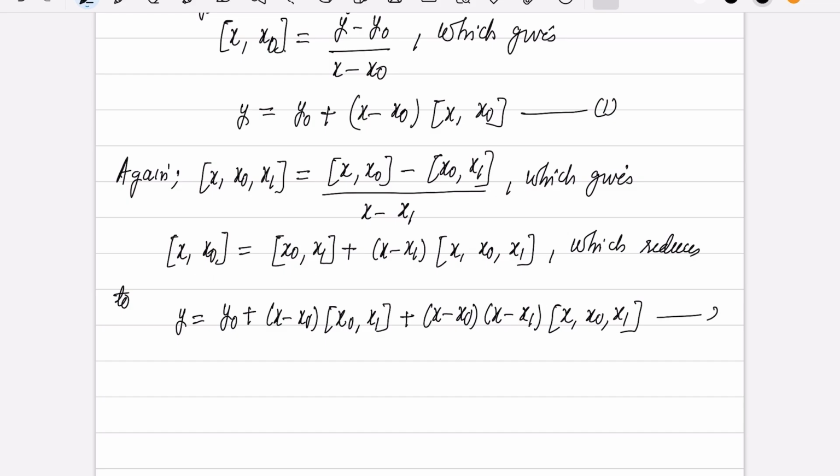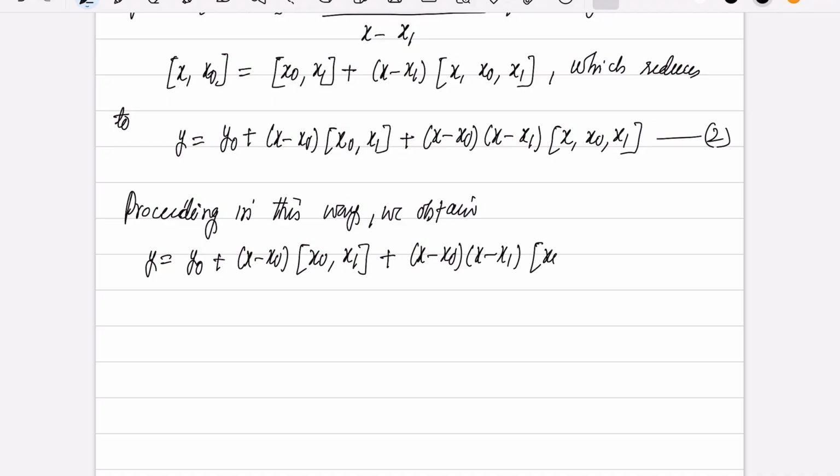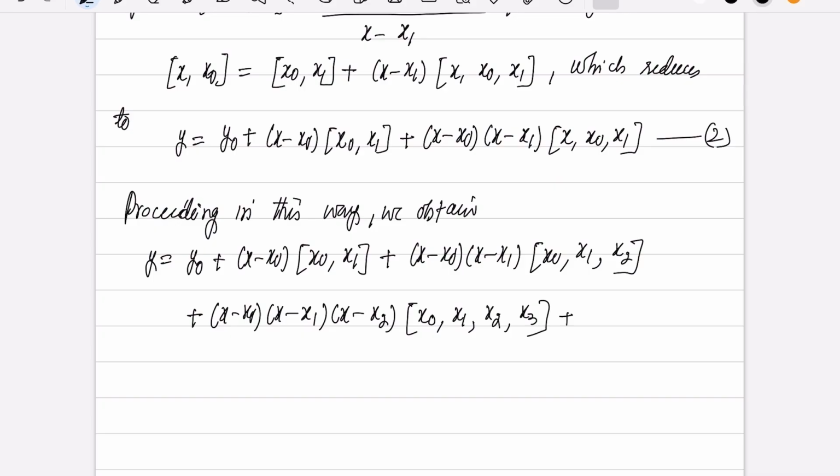So let's call this equation number 2. Now proceeding in this way, we will obtain y is equal to y naught plus x minus x naught into the divided difference x naught comma x1, plus x minus x naught into x minus x1 into x naught x1 x2, then similarly plus x minus x naught, x minus x1, x minus x2 into this notation for the divided difference x naught x1 x2 x3, then plus so on,